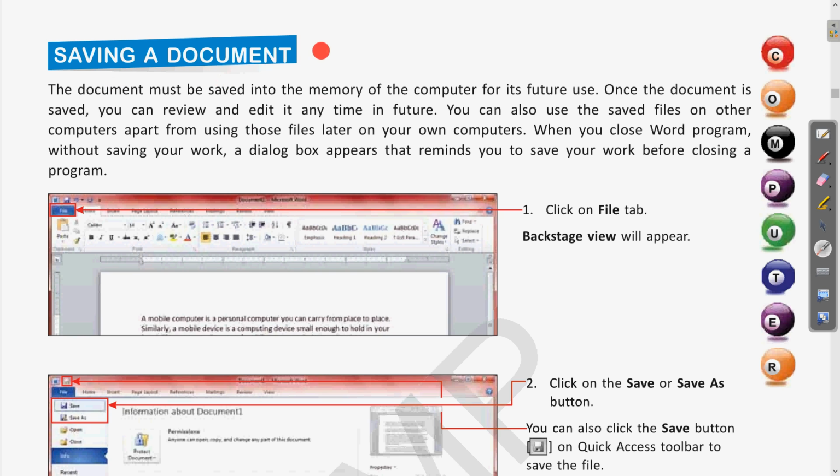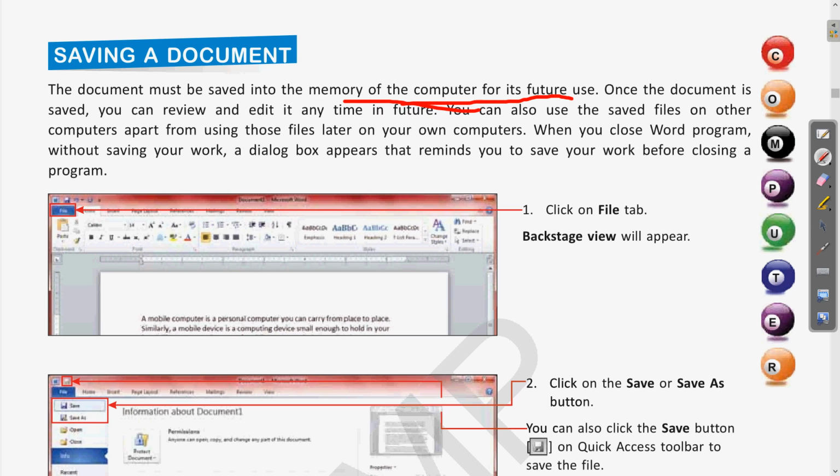So let us now read how to save and why, what it is all about to save the document. The document must be saved into the memory of the computer for its future use. So why is it important? It is important to save the document so that it can be used in the future.